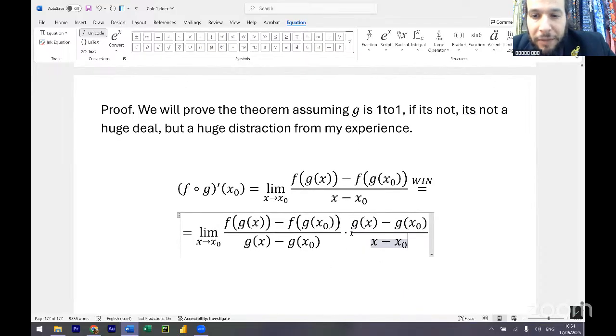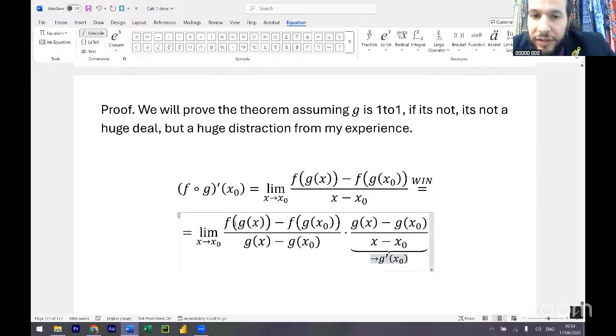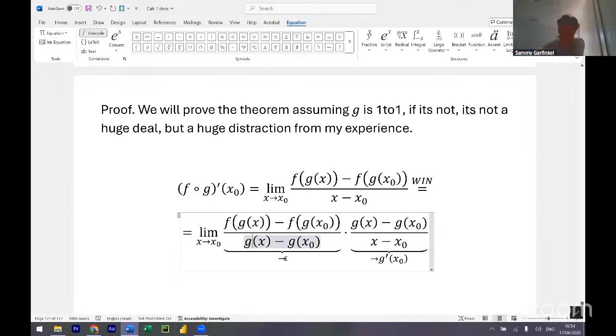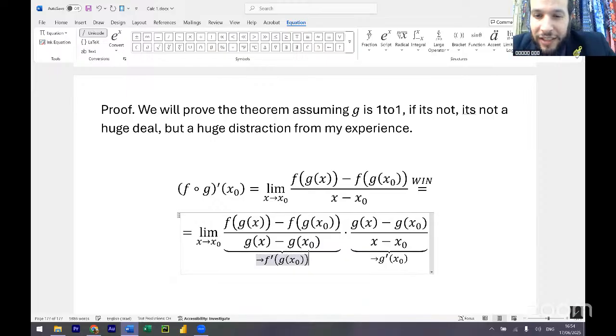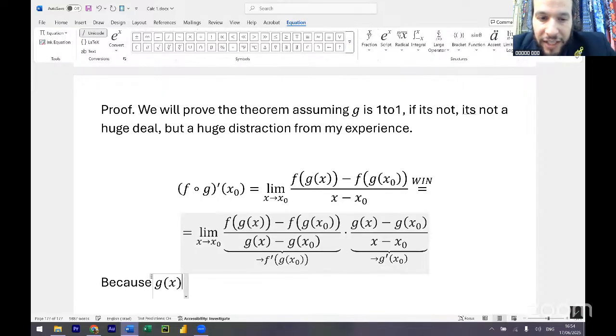And now you'll see something beautiful. Where does this tend to? The derivative of g at x0, right? And where does this tend to? That's a bit more confusing. The derivative of f at g of x0. Yeah, exactly, because g of x tends to g of x0,